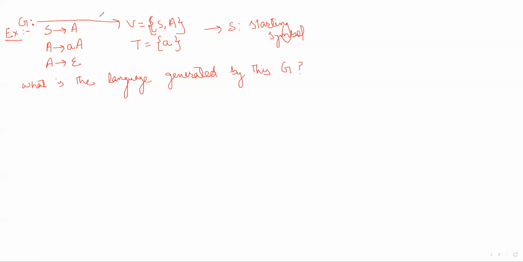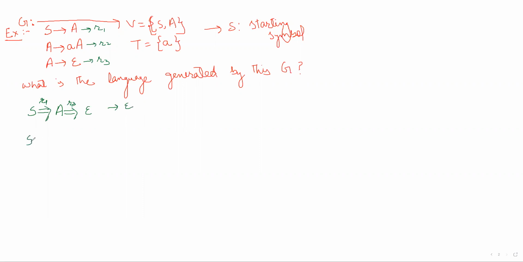Okay, and let's write the solution here. You can see that we have to start from S. So S can derive, what can it derive? A. This is using production rule 1, R1. Now A can be written using two rules: rule 2, rule 3, and this is rule 1. You can use rule 2 or rule 3, it is your choice. Let's suppose you are using rule 3. If we are using rule 3, then A can be written as epsilon. So the first string that we generated is epsilon.